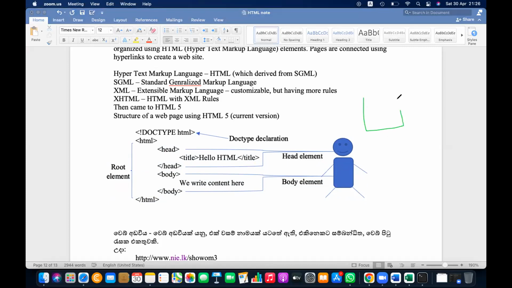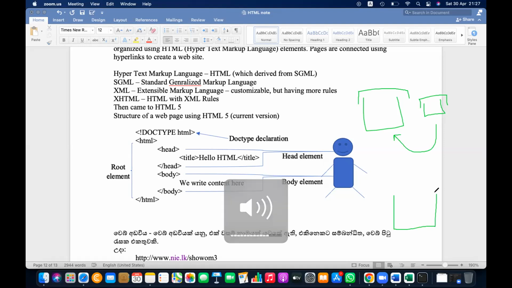Let's say you have a large bucket and you have a small bucket. Somebody is asking you, hey, put this small bucket into the large bucket. So then what are you going to do? Think naturally. You are going to open the large bucket, then you are asked to put the small bucket into the large bucket. First you open the large bucket, then